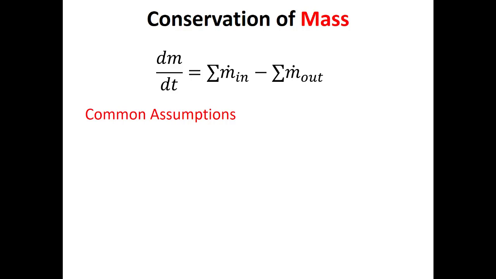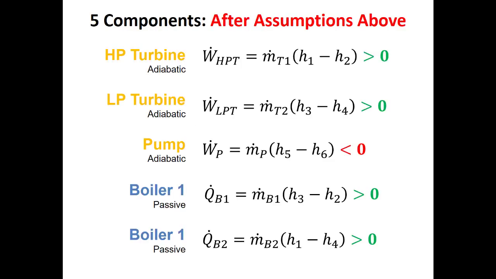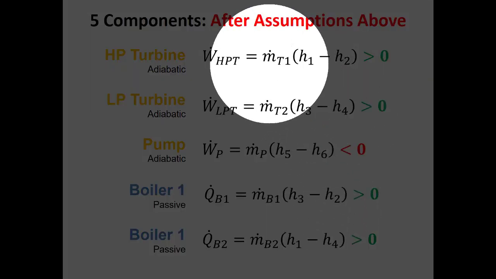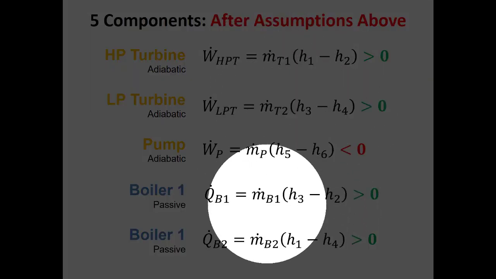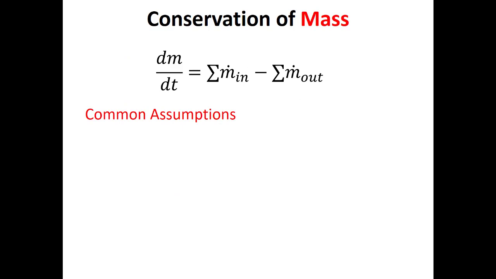So on all these components, right, because if you look over here, I have different m dot terms for each component, the two turbines, the pump, and the two heat addition processes. So I need to see, is that a reasonable thing, or can I consolidate the problem so there's only one mass flow rate?